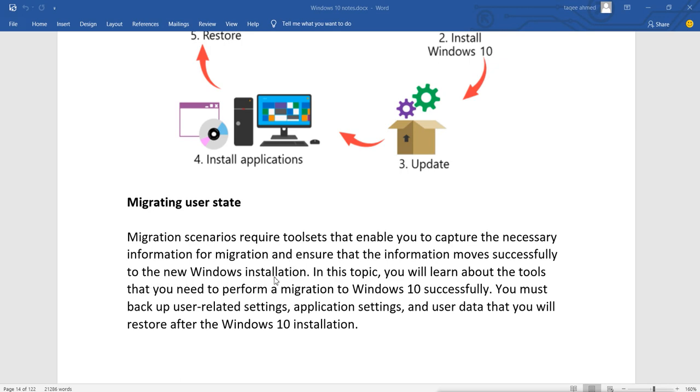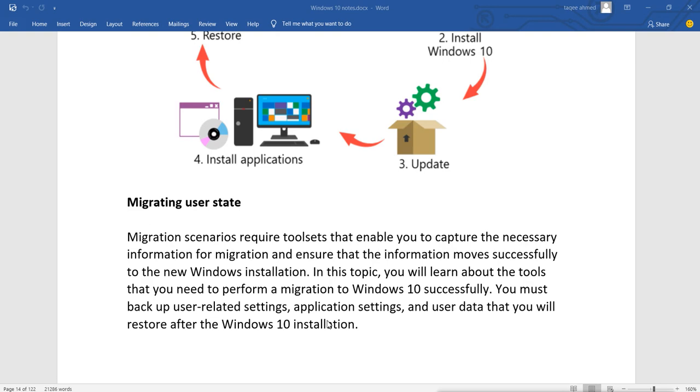Here you will see the tools that we need to perform a migration to Windows 10 successfully. You must back up user related settings, application settings and user data that you will restore after the Windows 10 installation. So you have to take the backup of user settings, application settings and the data, and then you will restore that after the fresh installation.